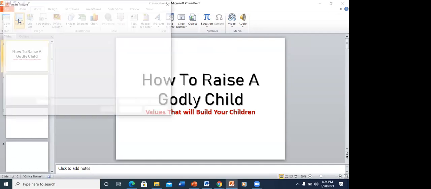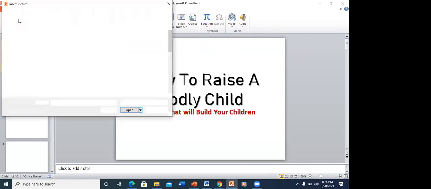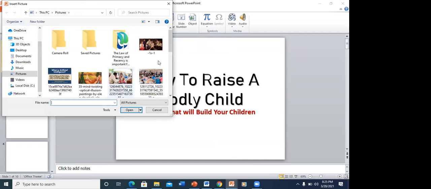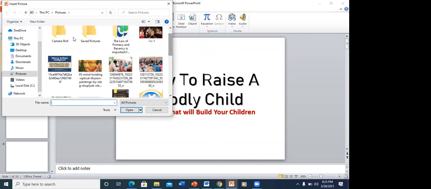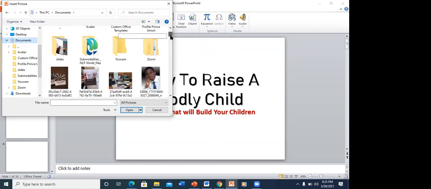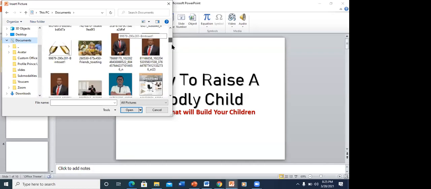So it takes me straight to the pictures I already have. And I begin to search. I'll probably go to documents and see if I have pictures. I'm doing something for a school. I think I have pictures that would make a lot of sense.